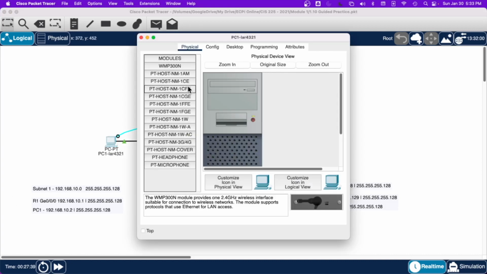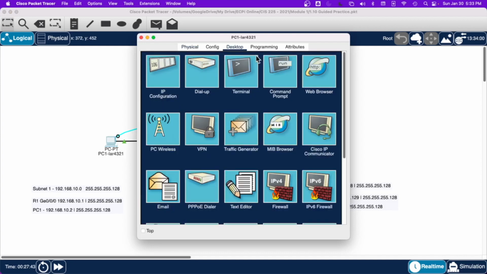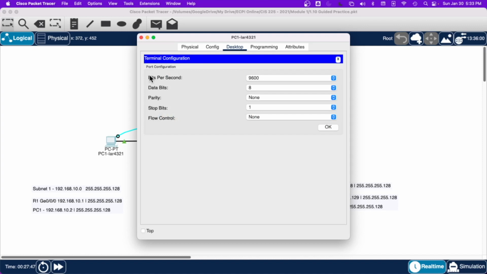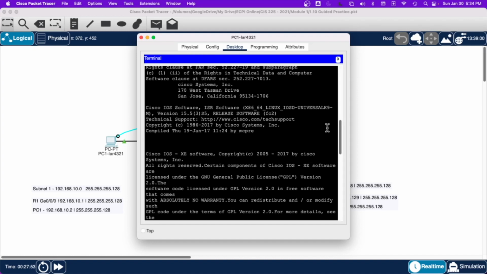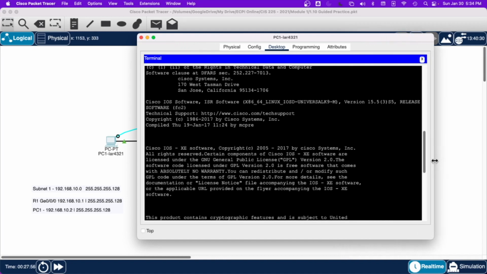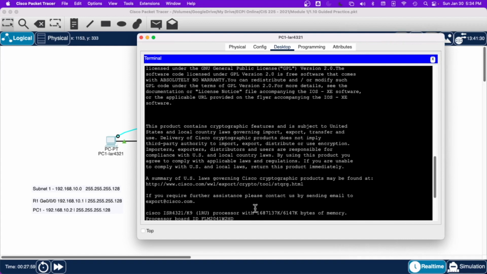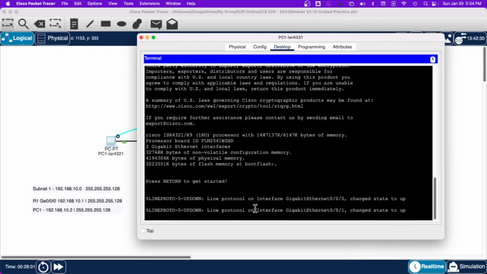So when we go into our PC, okay, so like I said, we can go to desktop. And if I go to terminal, it's like I was showing you on the PowerPoint, but this is actually in Packet Tracer. All of this should be set up. It pops up automatically. So when you hit OK, well, now we're actually looking at that router. We can make that a little bit bigger. This is all the startup information